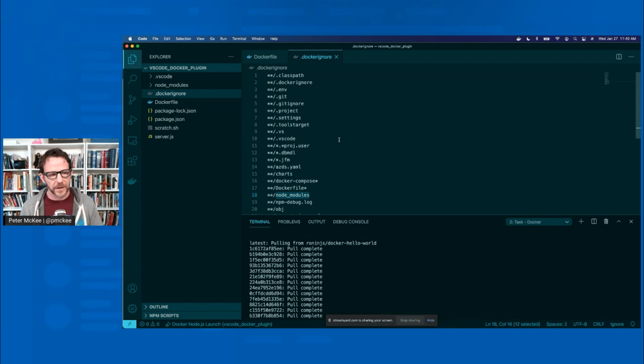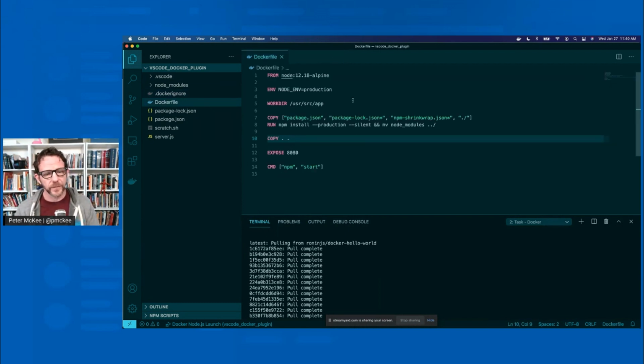Little quick tip: if the images you're producing when you're building are large, make sure you have a .dockerignore file. I see that a lot. Sometimes it's new projects and you forget to create the .dockerignore file. You're putting your whole documentation project folder into your image, and it just expands your image. So check that first. The extension sets that up. Awesome. Okay, so we installed the extension, and now we have a Dockerfile produced for us.